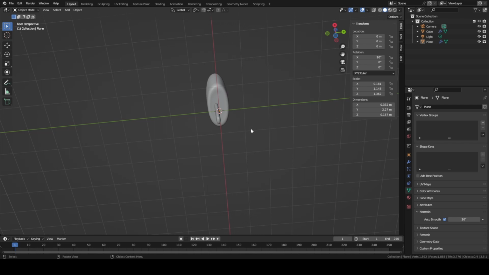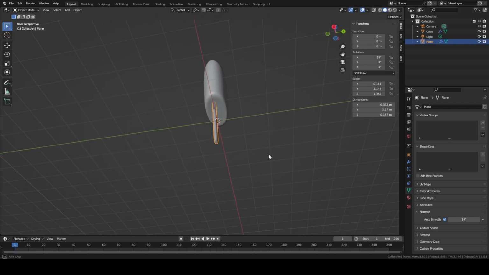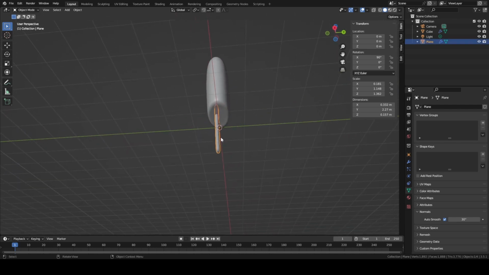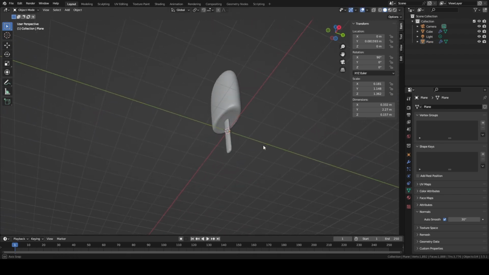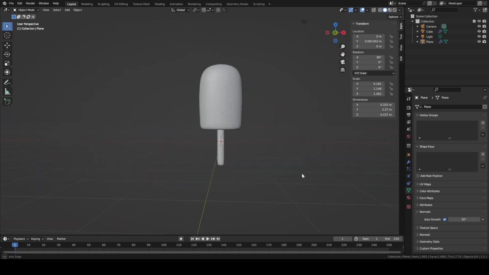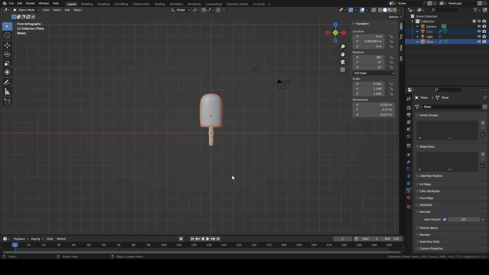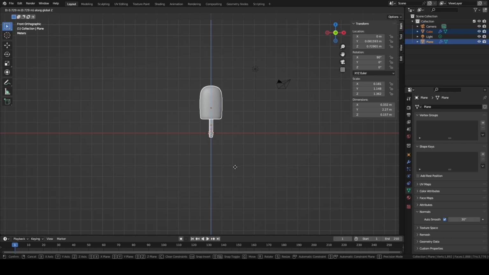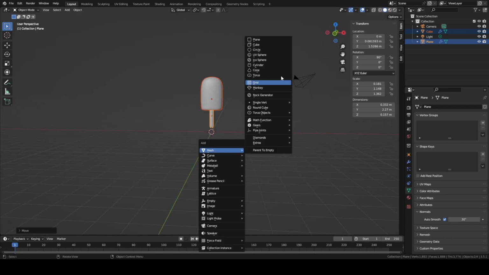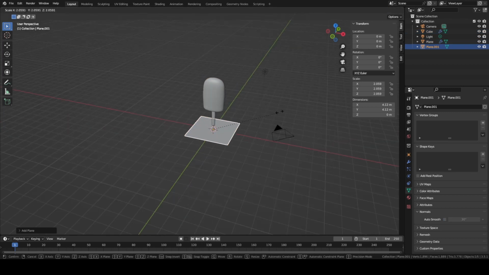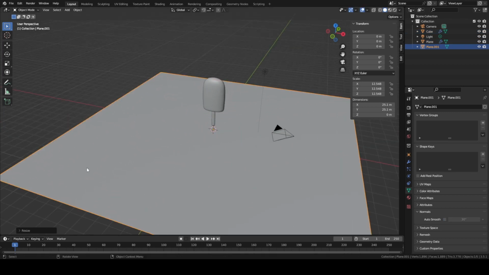Again, oh wow, it's not centered actually, so I can just do this, grab and Y, so G Y. Yeah, a bit better. It doesn't have to be perfect, but okay. So now I'm going to G and Z, so I will move the popsicle and the stick a bit higher, and then Shift A, Mesh, Plane to add a sort of base for our final scene,